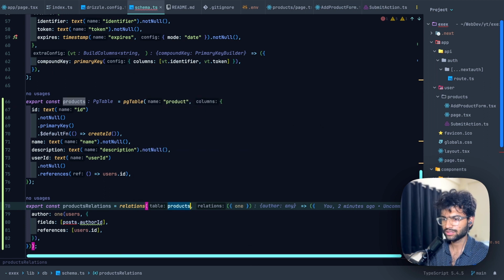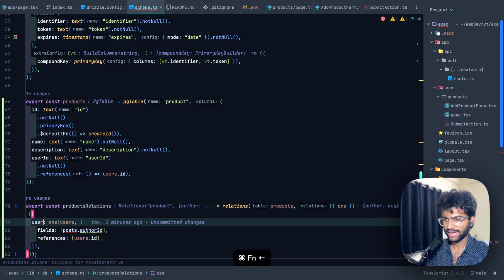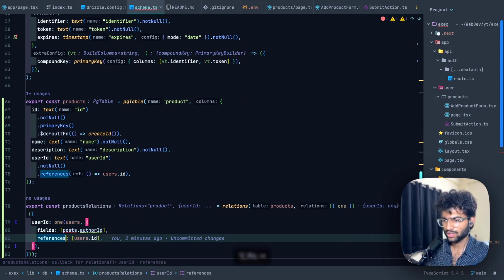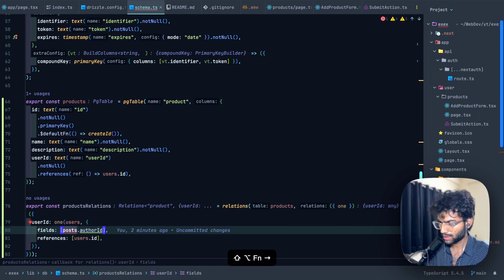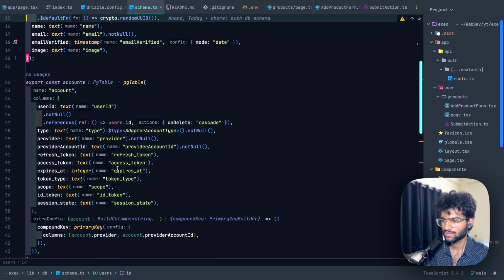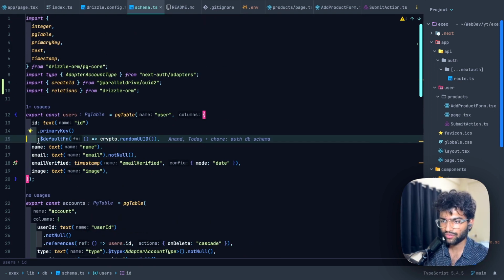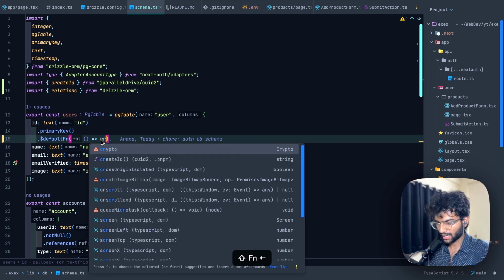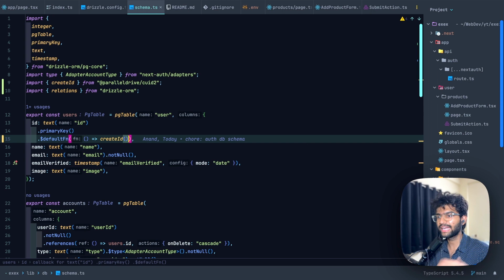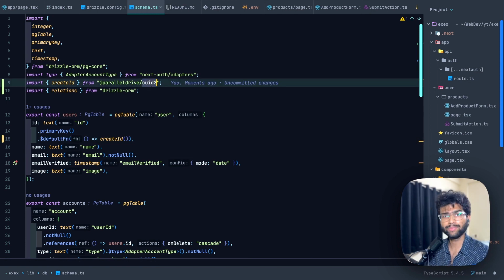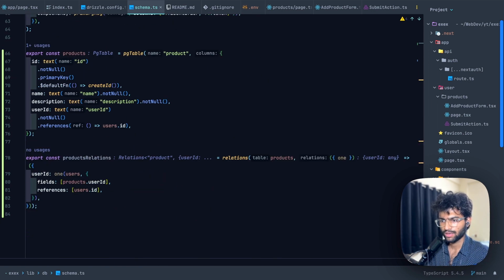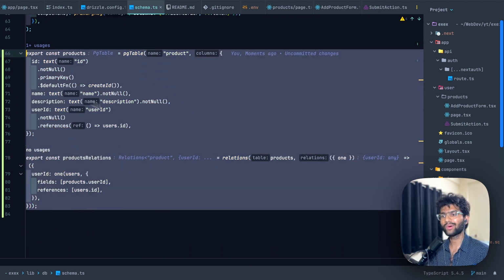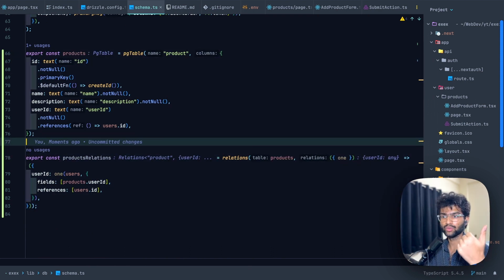Products relation, and the user ID that is there inside the products table will be referencing the users.id table, and the field itself will be the products.user ID. Now, another change that we should make is that instead of the default function relying on crypto.randomUUID, we should probably change this to createId just for consistency's sake, right? Because we want each ID to be generated by the CUID package that we have installed. And yeah, this is all that is required for us to create the relationship between the users and the products